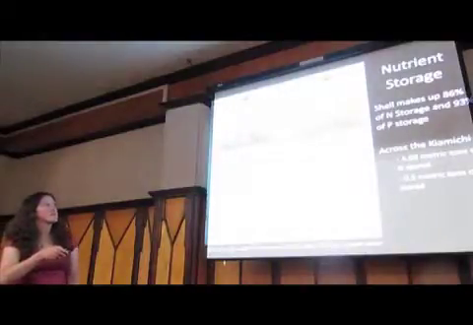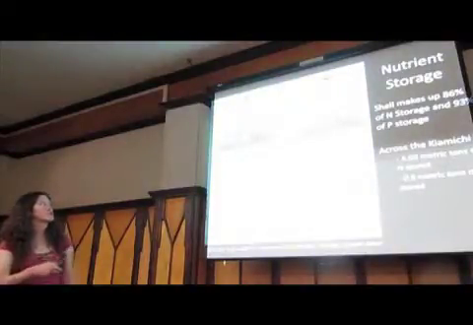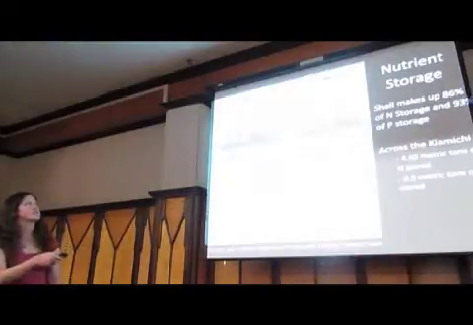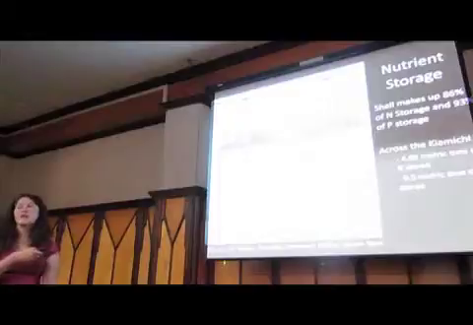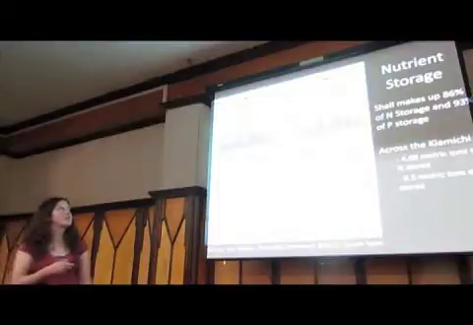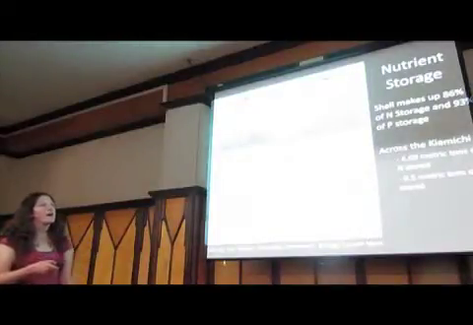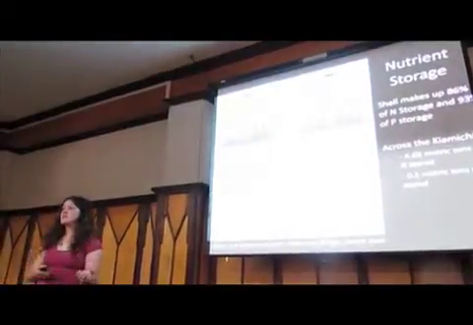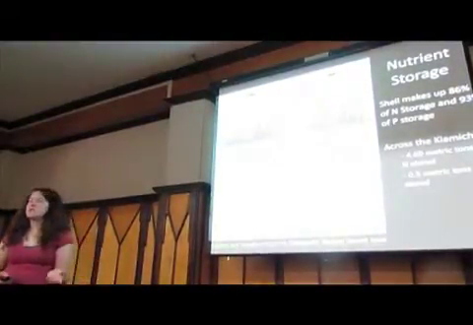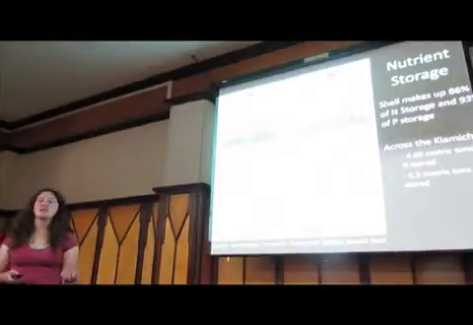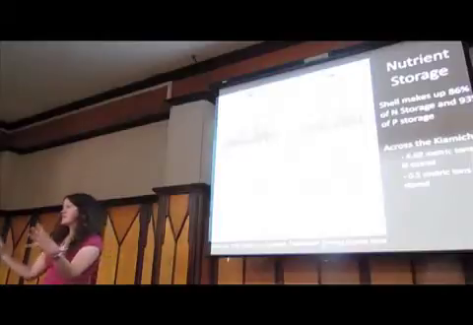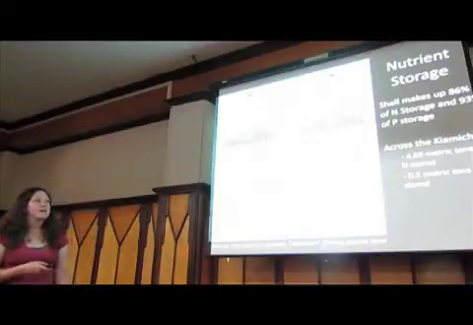So this is moving from upstream to downstream. And this is storage of nitrogen, and this is storage of phosphorus. The dark bars are the shell, the gray are the tissue. And so across the Kiamichi, across this river, these organisms are storing approximately 4.7 metric tons of nitrogen. So that's a lot of nitrogen that they're just keeping in the system. And approximately